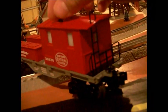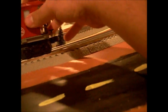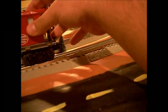Alright. And then lastly, it comes with the red work caboose. It's nice. Everything's clearly written. It's got the insignia, number, pacemaker, separately added detail here, smokestack. So it's really nice, and all of them except for the caboose have,